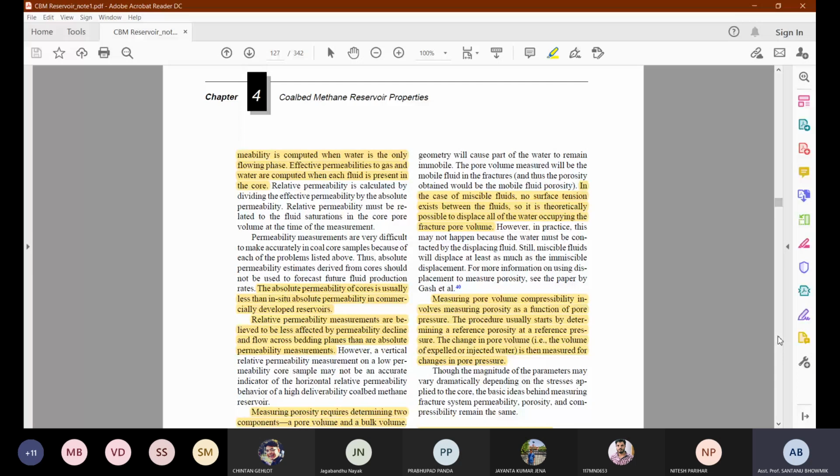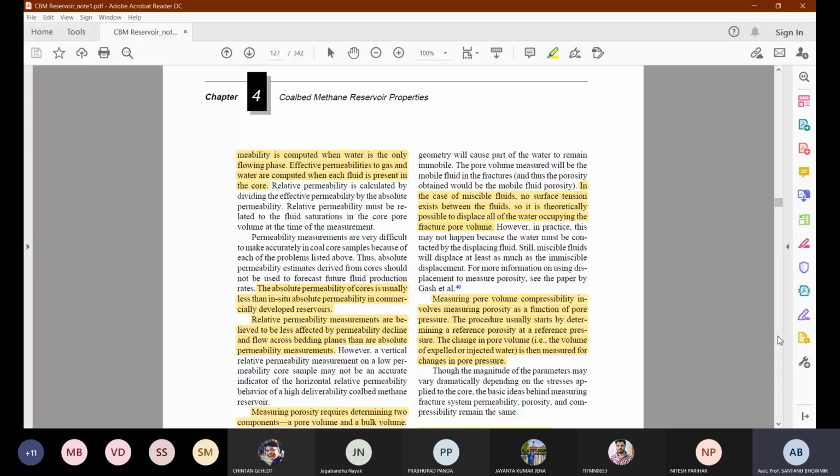And obviously whenever you take out the water, the saturation is going to reduce. So at that point of time, whatever permeability you get, and the absolute permeability you measure, is going to be different. Sometimes it is observed that the laboratory absolute permeability is usually less than the in situ absolute permeability. Why? Because in the laboratory, when you measure the absolute permeability, you assume that the total saturation is present. But in the field, that is never going to happen.